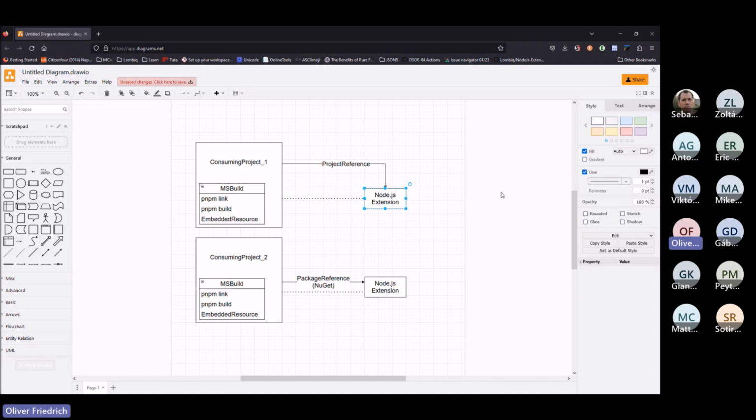And we try to do it in a way that the consumer of this Node.js extensions project doesn't really have to know much about how it works, and doesn't really have to configure much or anything at all in the best case. And we also set out to make this available as a NuGet package, so that you can drop in a completely working but also configurable